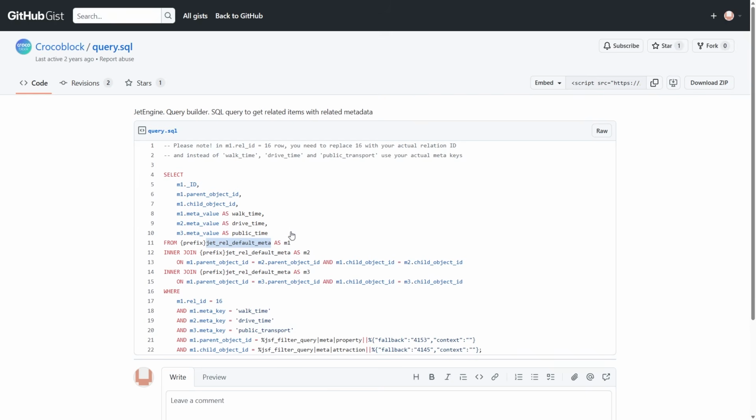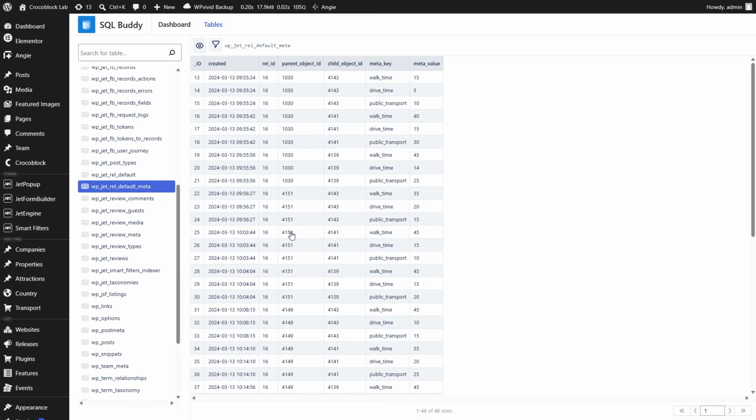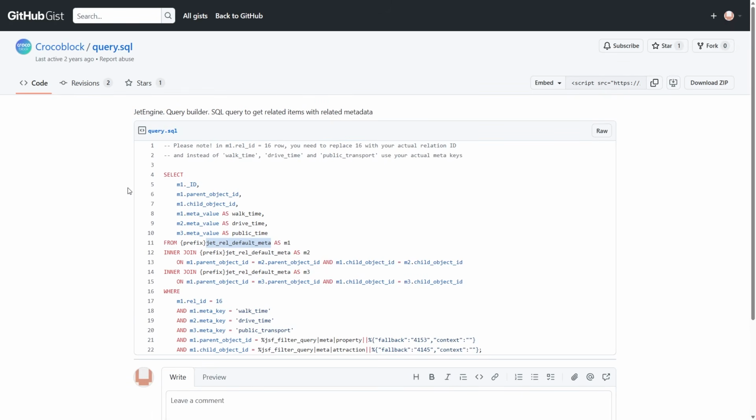To make things more visual, let's open a database. I use the free SQL Buddy plugin. Here I can see the JetRel default meta table. If you choose the separate table in your relation settings, you will have your relation ID here instead of the default word. So lines from 11 to 15 say that I took data from this table, I list as M1,